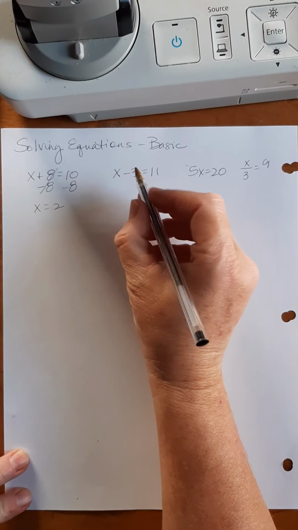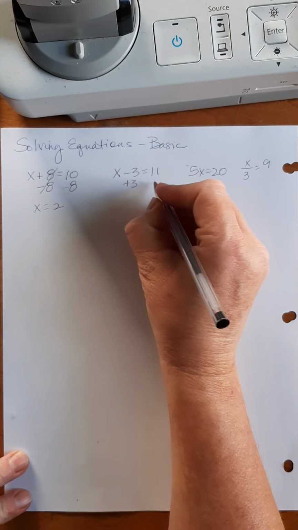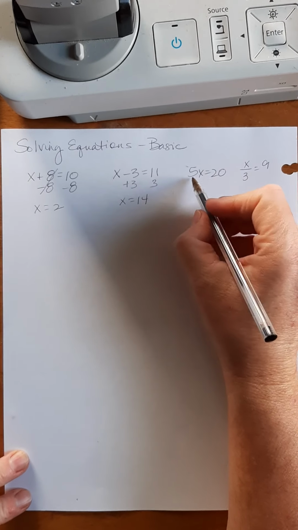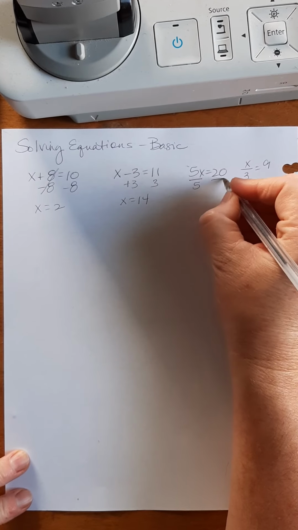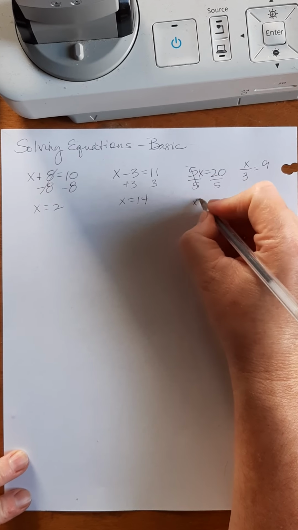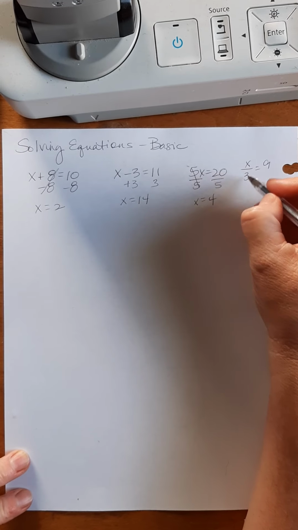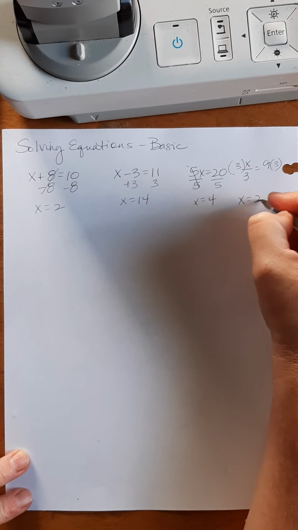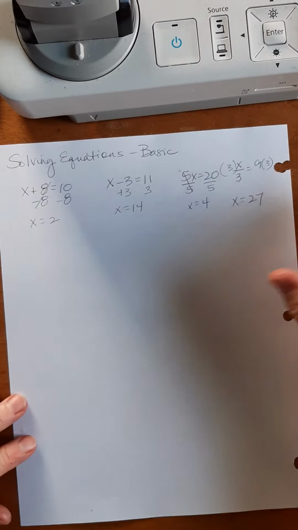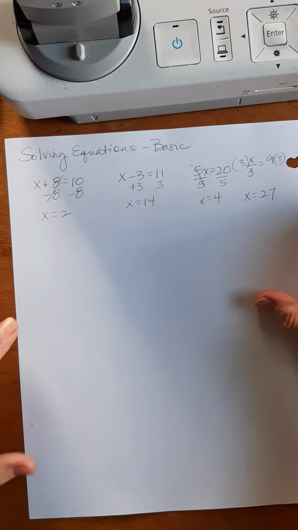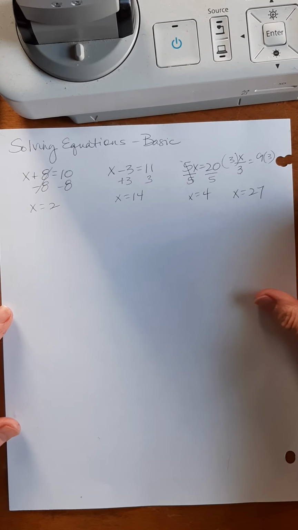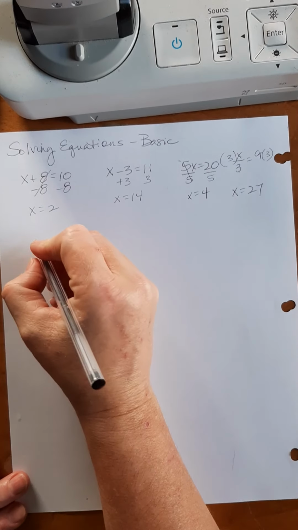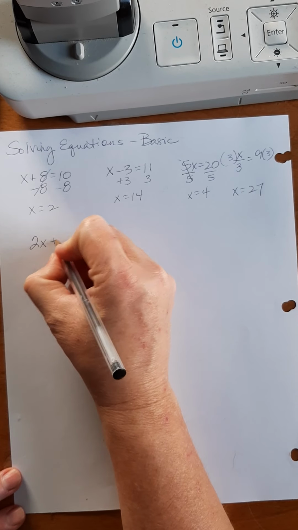X equals 2. Subtracting 3, so add 3. X equals 14. Multiplying by 5, so divide by 5. X equals 4. Dividing by 3, so multiply by 3. 27. So that's basically one-steppers. Most of the time, we don't stay on those very long at all. That's more pre-algebra. What we do is, moving up, let's say something like this,